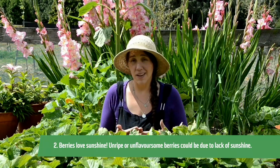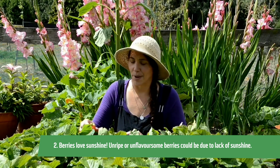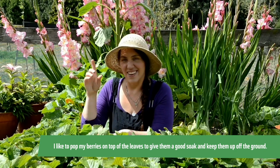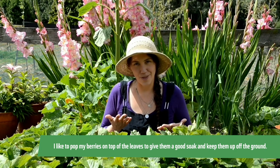Now, berries love the sunshine. If your berries aren't ripening up or as juicy and sweet as you thought they were going to be, it could be due to lack of sunshine. I like to find my berries, pop them up on top of the leaves, and then it gives them a good soak of the good stuff. Also really great for pest control, keeping them up and off the ground,